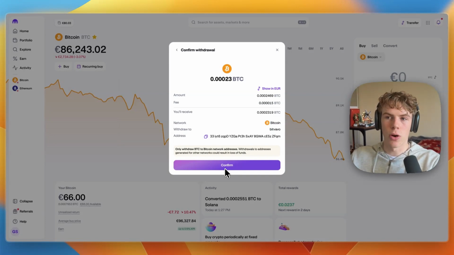Now this works the same for all cryptocurrencies, so just enter the withdrawal address. So just click on withdraw on the cryptocurrency, then on Binance find the same cryptocurrency where you deposit it and select the same network. Then get your wallet address on Binance, paste it in on Kraken, and just gonna send